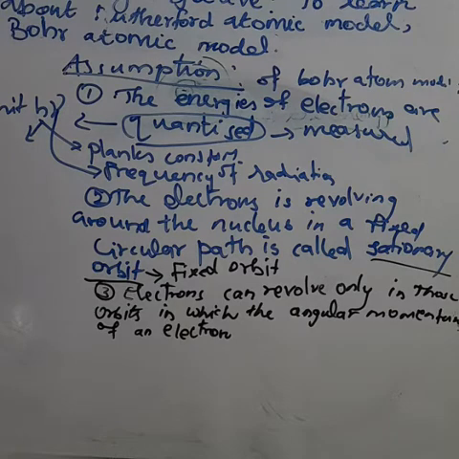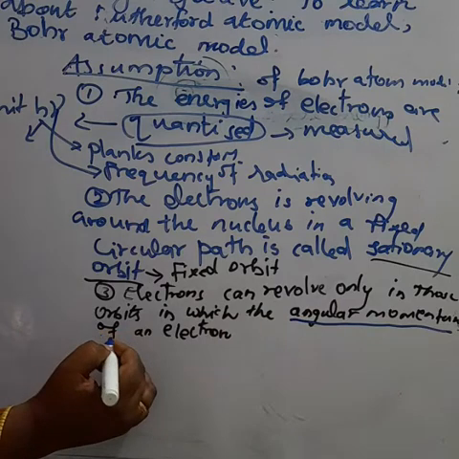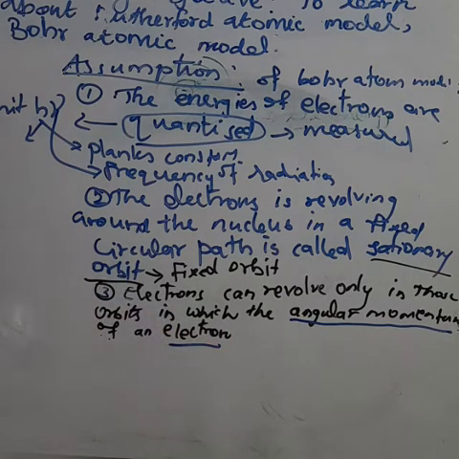What do you mean by angular momentum? Angular momentum means the tendency of electrons to continuously rotate. The electron can revolve only in the orbit in which the angular momentum of an electron,